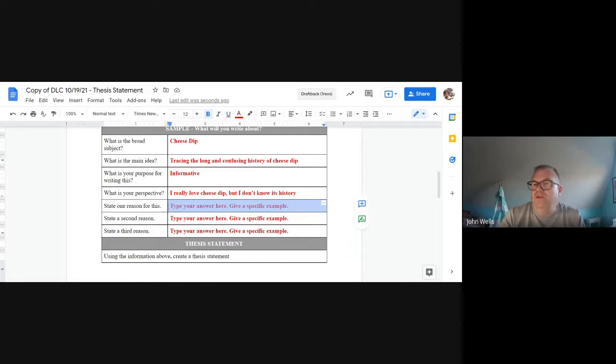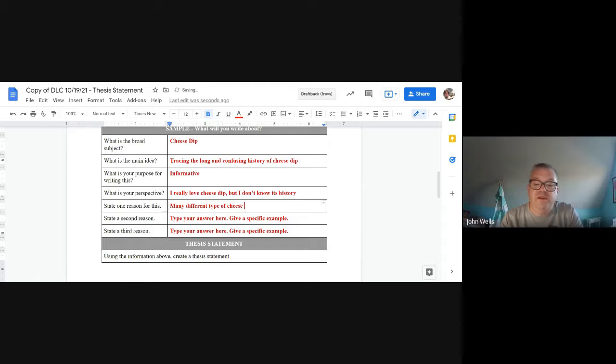Now, you can pick your elements. Notice on the research question, the first question is, what is? That could be one of your main points here, right? So you have the ability to finesse this the way you want, but you are going to pick three areas to address. I'm going to do that. There's many different types of cheese dip. Okay,